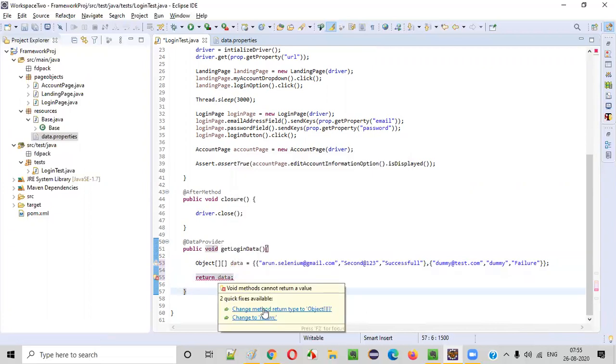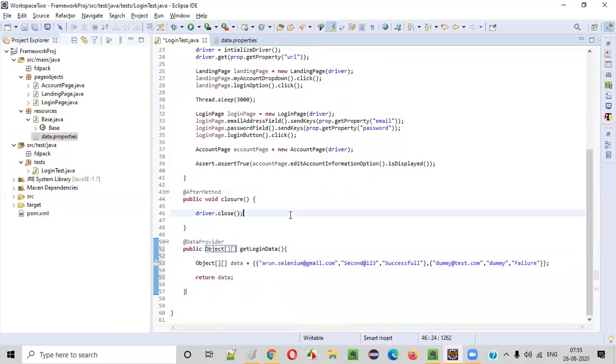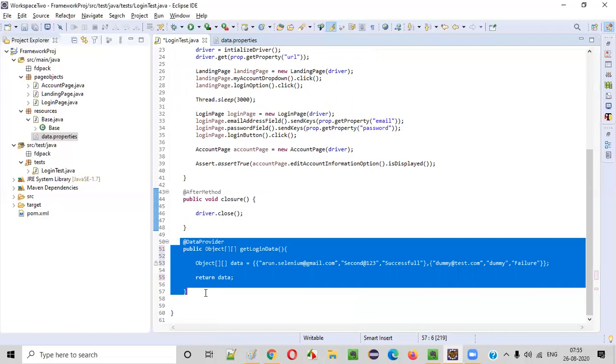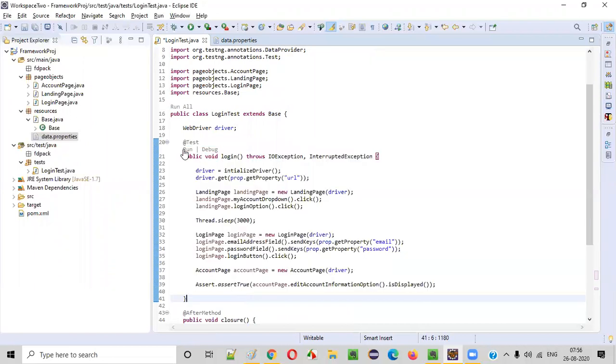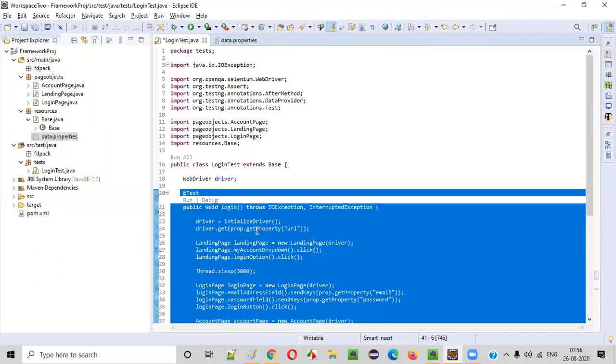Over the mouse, change the method return type to this data type, that is Object array, two-dimensional Object array. So this data will be returned. This is the data provider we created, guys. From the data provider of TestNG, we'll pass the data to this test method. How to connect this test with this data provider? We already know.